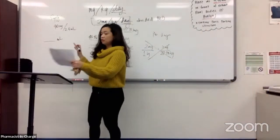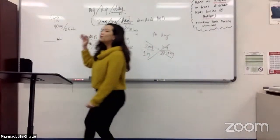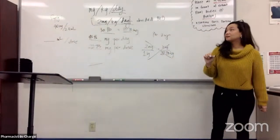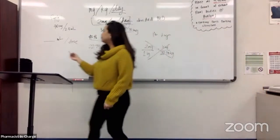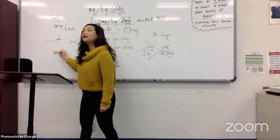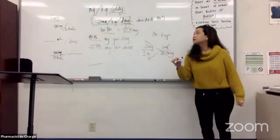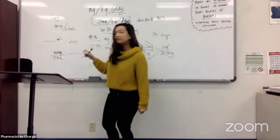22.73. Which one do I use? The per dose. The question was per dose. Very good. I'll put that here, so it's clearer. Okay? ml per dose. What numbers do I use? I use the supply, correct? 400 milligrams for every 2.5 ml. What do I put on the right side? The per dose 22.7. The per dose, like you said,